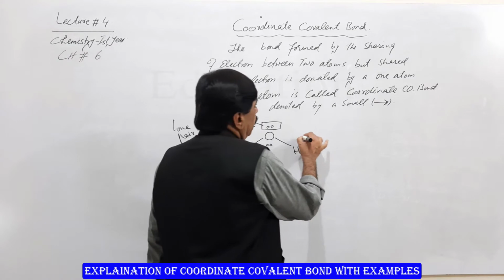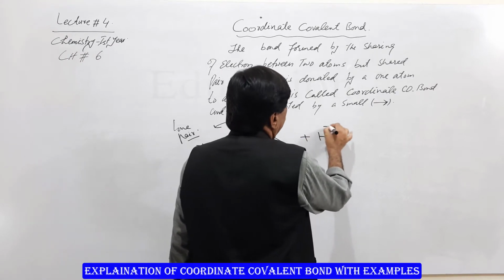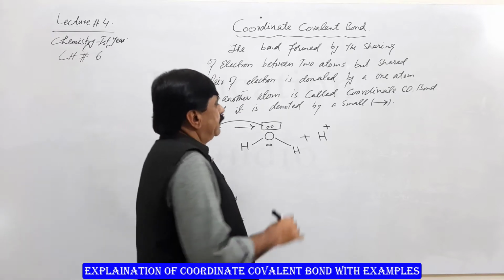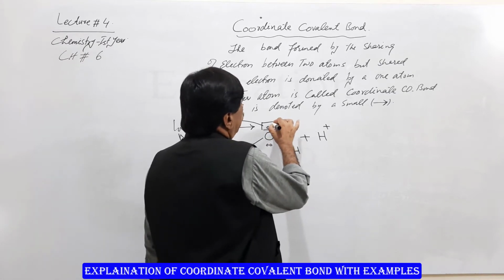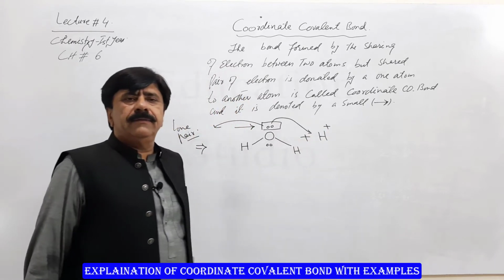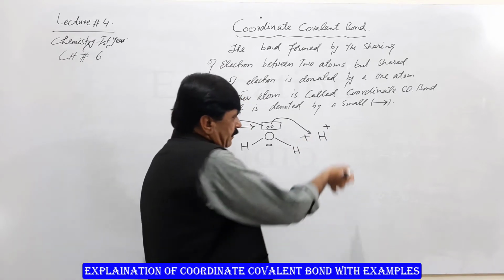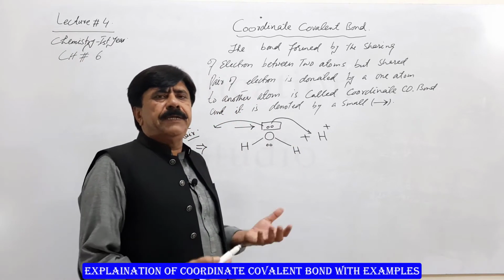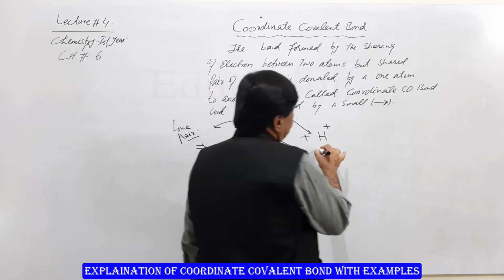When a hydrogen ion comes close, that lone pair of electrons is shared with the hydrogen ion. In this way, the duplet of the hydrogen ion is completed and the molecule is formed,